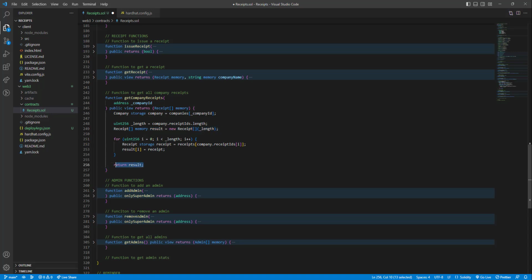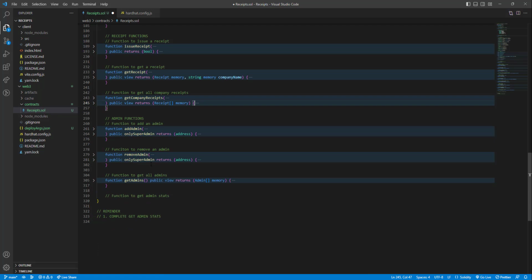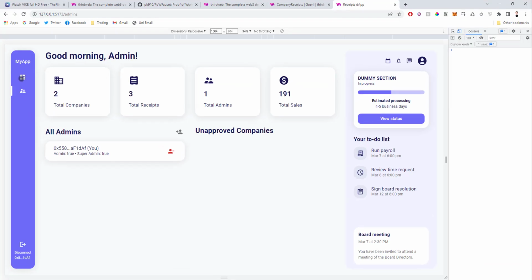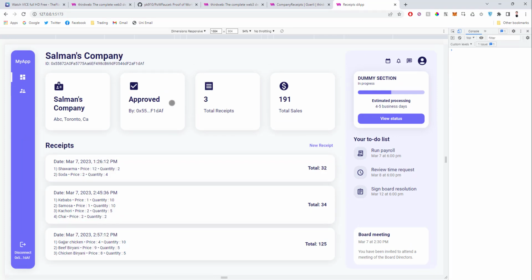It's similar to every other loop that we did till now. But yeah, I think that should be it. Oh no, one more function to complete, right? So get admin stats. Let's do that. So remember, for the company stats, all of this data is